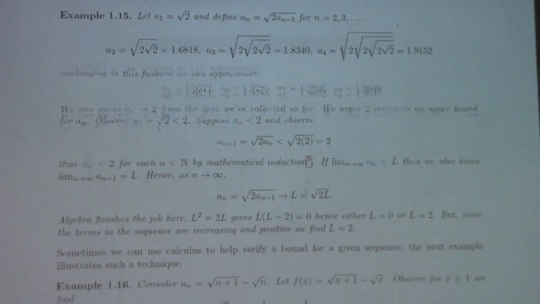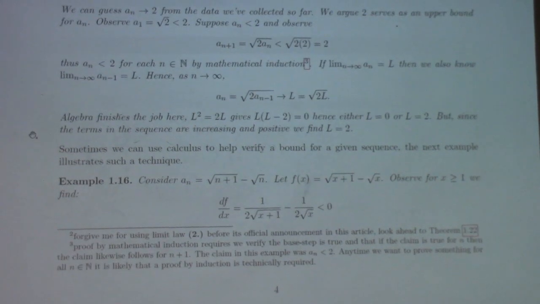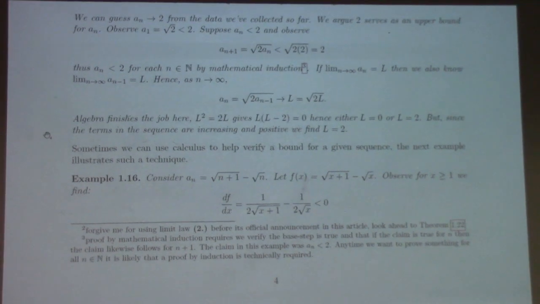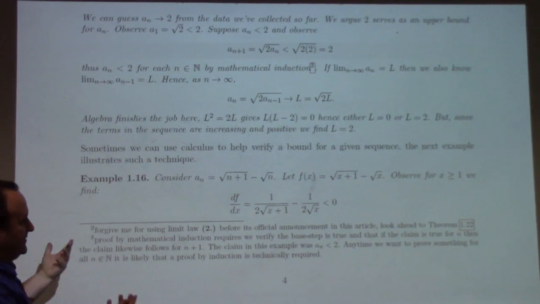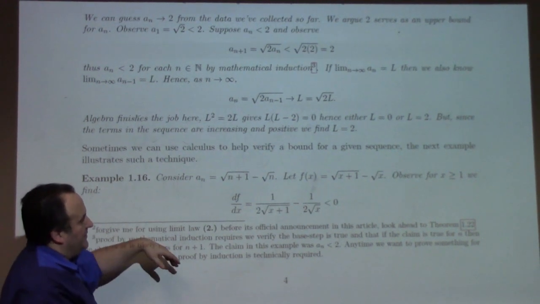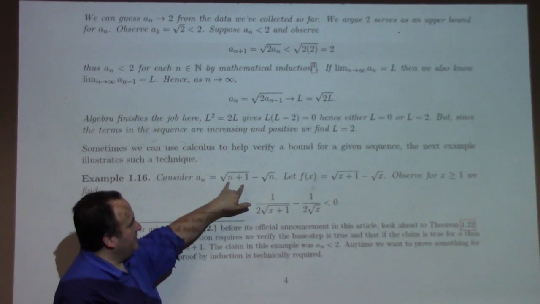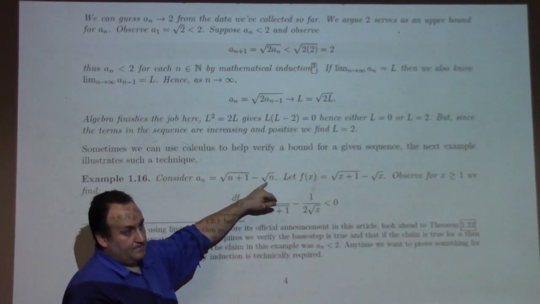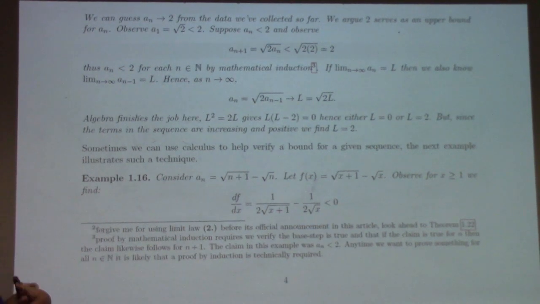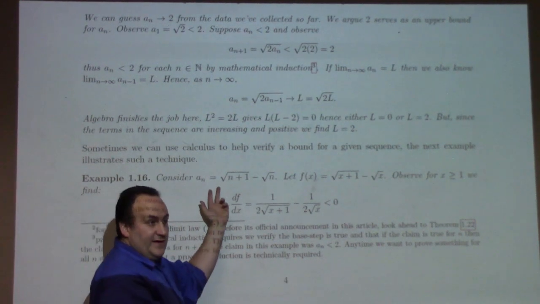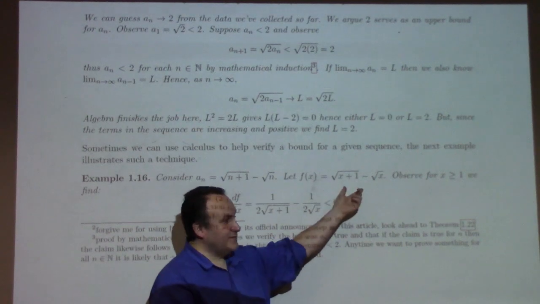So, for example, sometimes we can use calculus to find the limit of a sequence. Here's one: the square root of n plus 1 minus the square root of n, right? Why is that ambiguous? It's ambiguous because you're looking at infinity minus infinity, right? You guys remember? So if I look at the corresponding function, if I replace n with a continuous variable x,